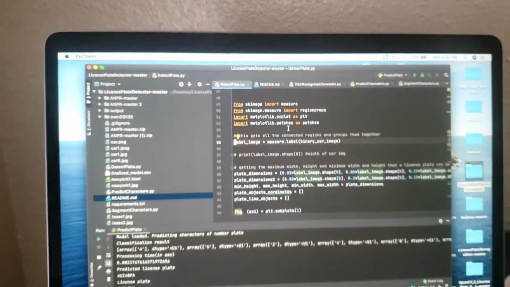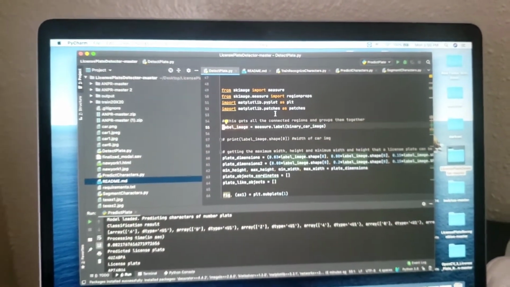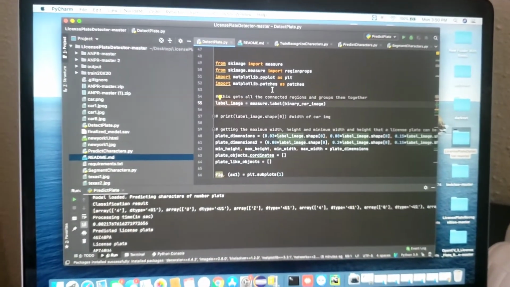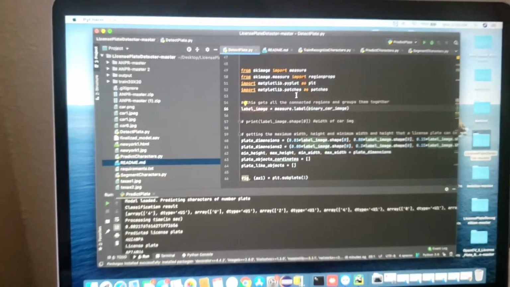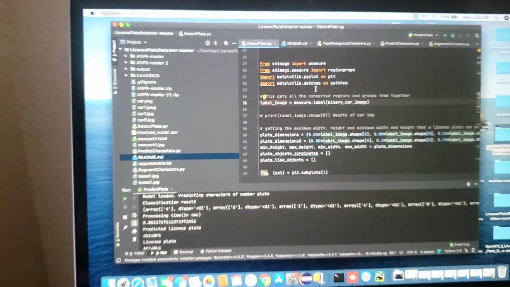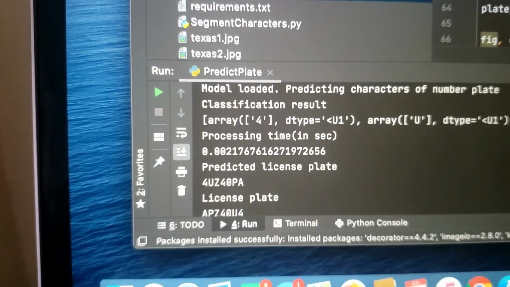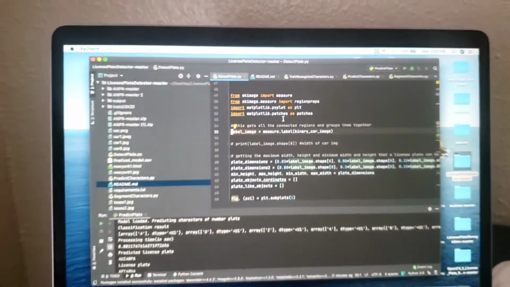Basically, there are several approaches nowadays for detecting number plates, but we are going with SVM because it requires less time and less memory. We can see that the processing time is really small, in seconds.